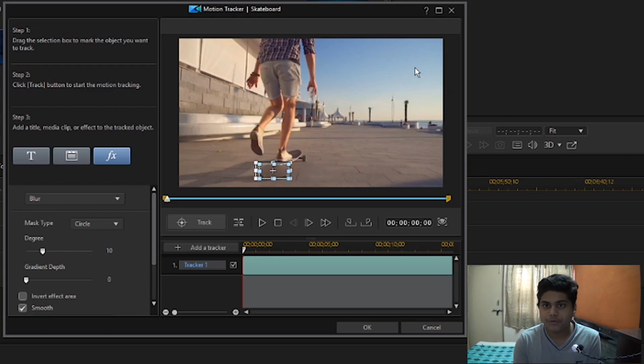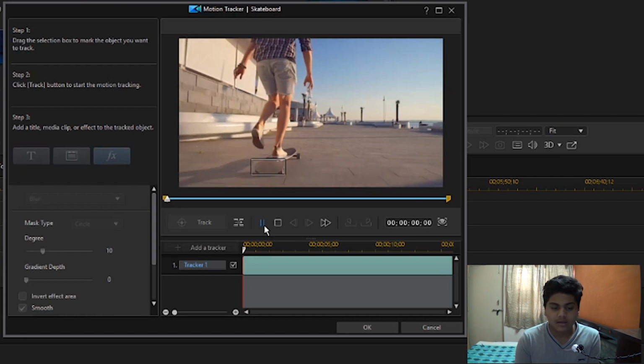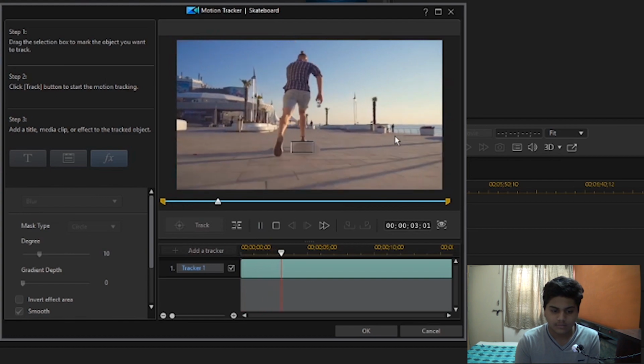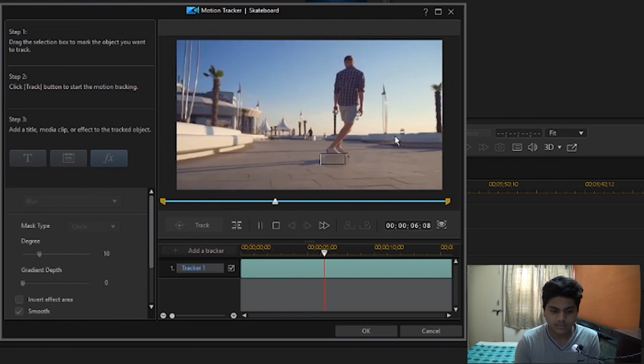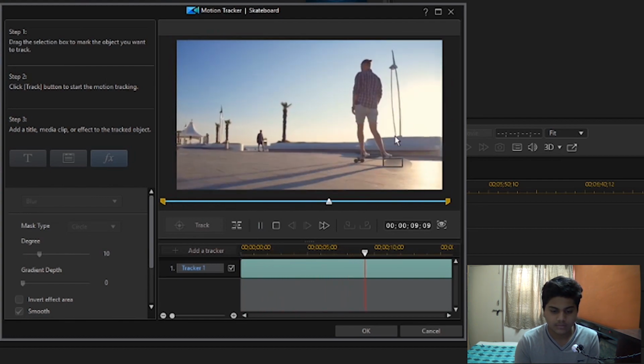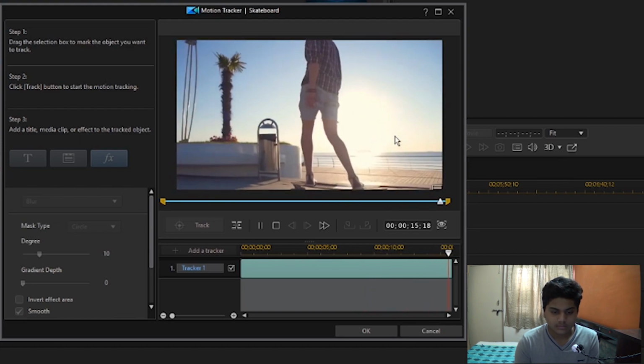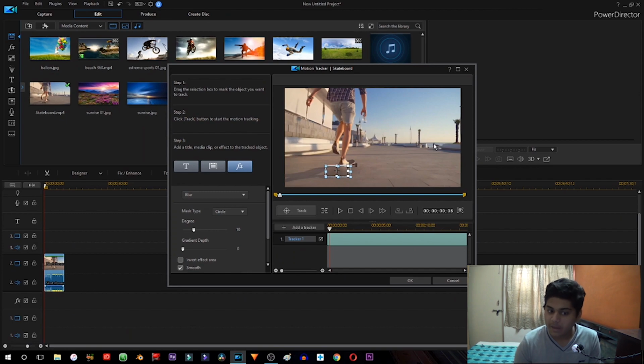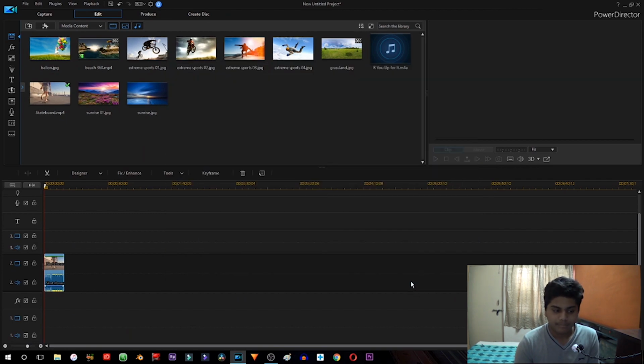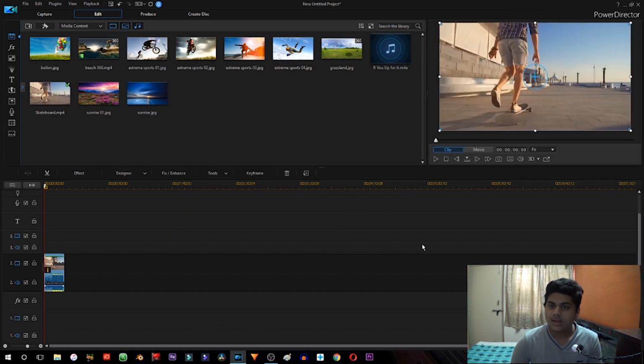If you want to preview how your motion tracking has come out, just click play. Once you are happy with your outcome, just click OK. That's it, you have added your motion blur.